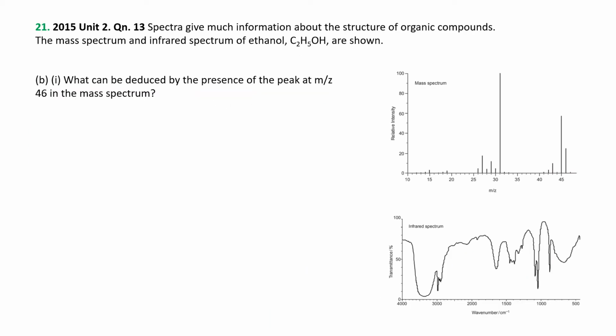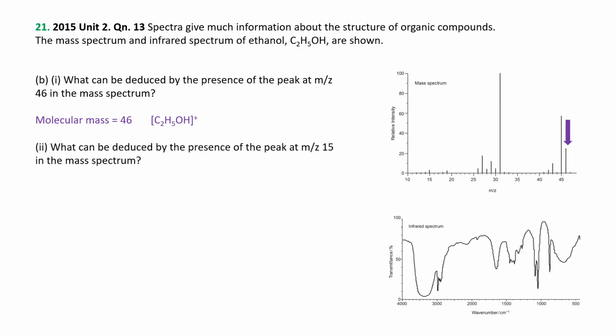So I should probably have put this one first in this group. Spectra give much information about the structure of organic compounds. The mass spectrum and the infrared spectrum of ethanol are shown. What can be deduced by the presence of the peak at 46 in the spectrum? There's that peak right there. Well, the molecular mass of ethanol is 46, so that is the molecular ion